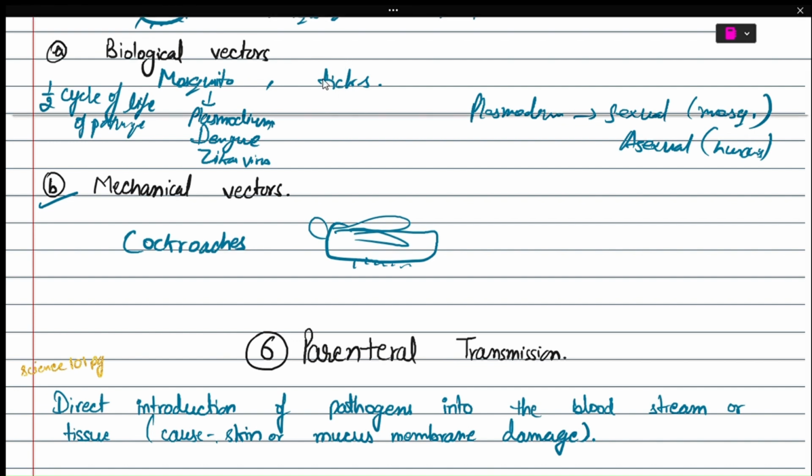They will not ingest the pathogen, but you know about the areas where these cockroaches live. They can even live in sewages, inside your sink tubes, sink pipes, right? So there are chances that they may carry these pathogens and transmit them to humans,